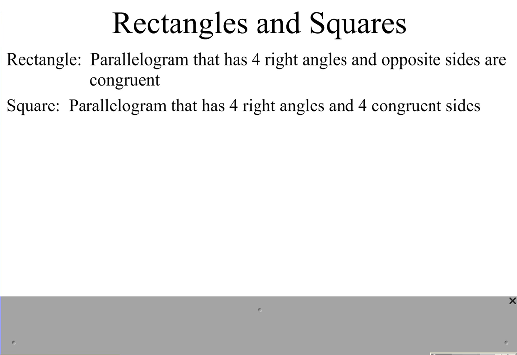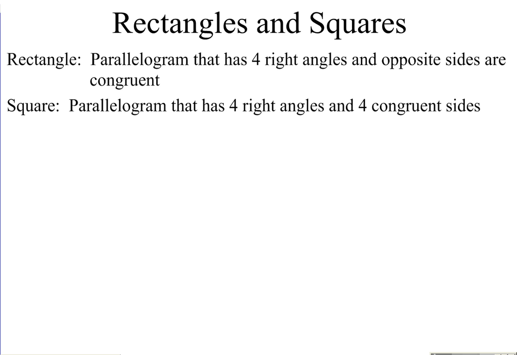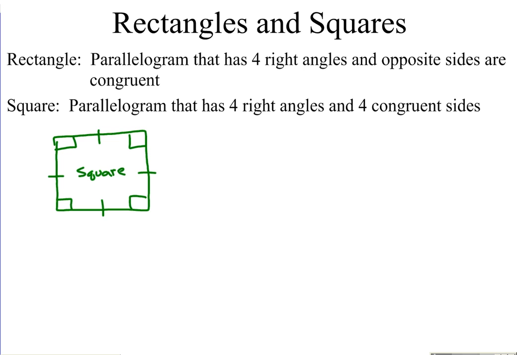A second type of parallelogram is a square. A square is one that has 4 right angles and 4 congruent sides. So if we look at a square here, we know if it's a square that we have 1, 2, 3, 4 right angles, and we know all sides have to be congruent. If it is a rectangle,